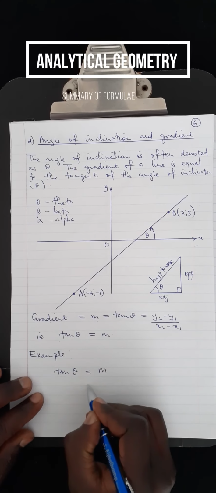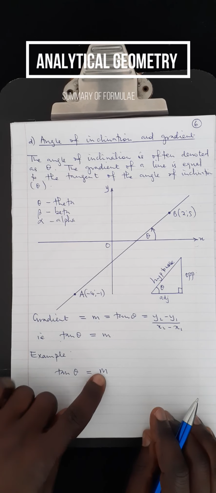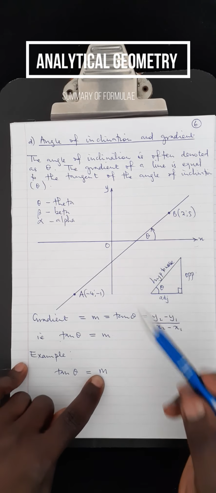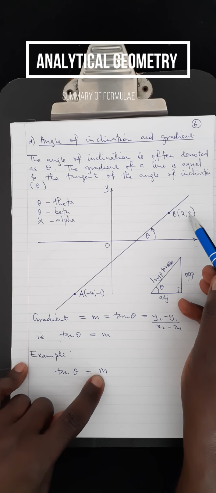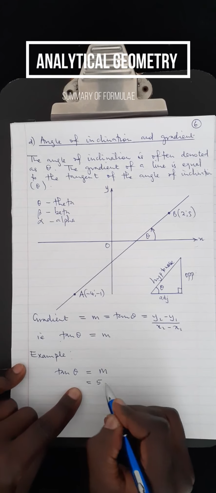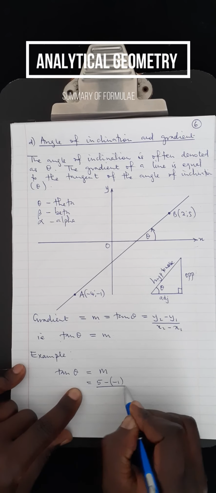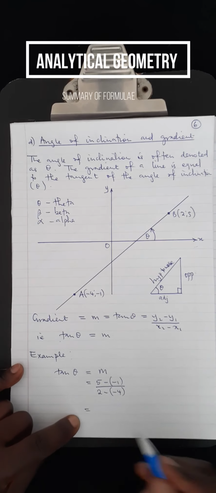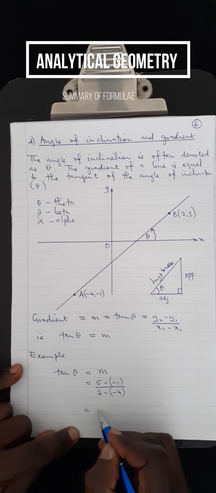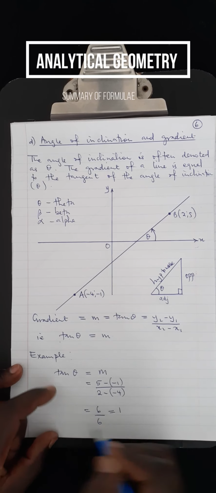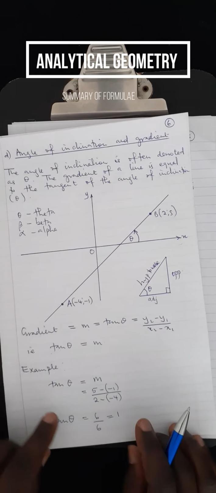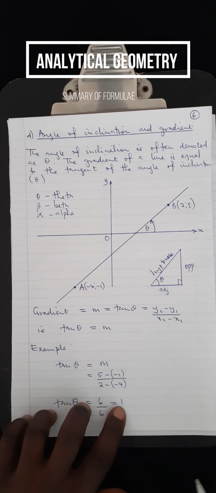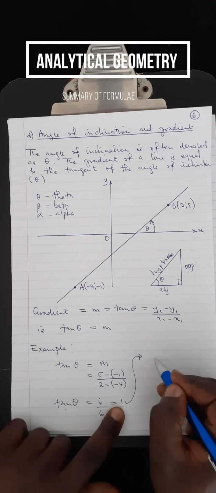Now, what does m mean? The gradient. And how do we find the gradient? We can calculate the gradient using these two coordinates. We have done that earlier. So the gradient is y1 minus y2, so it is 5 minus -1 over 2 minus -4, which we have calculated already to give us a 1. 6 over 6, which is a 1. So the tangent of the angle is equal to 1. So now, how do we use this gradient